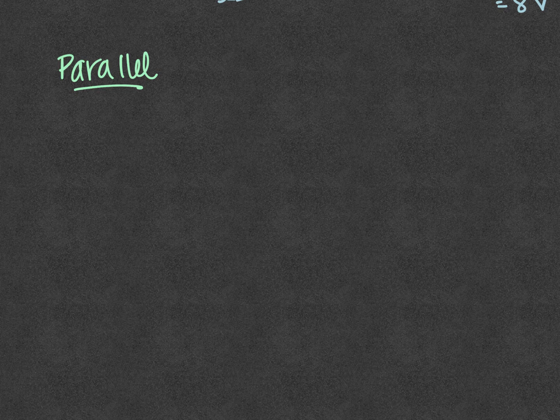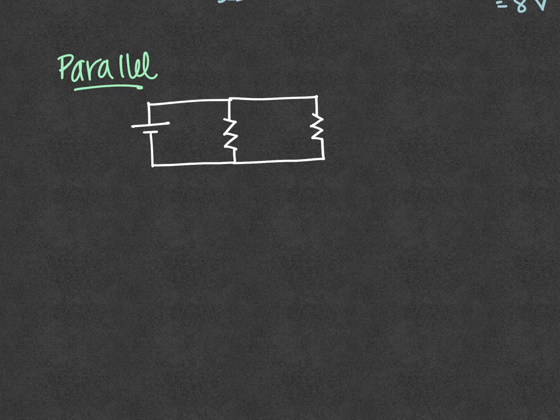A parallel circuit has the components parallel to each other. So let's call this one resistor 1 and this one resistor 2. And then this is my battery, and it has an electric potential of V. So from my lab, I learned that the current that leaves the battery will split, and some current will pass through R1 and some current will pass through R2,